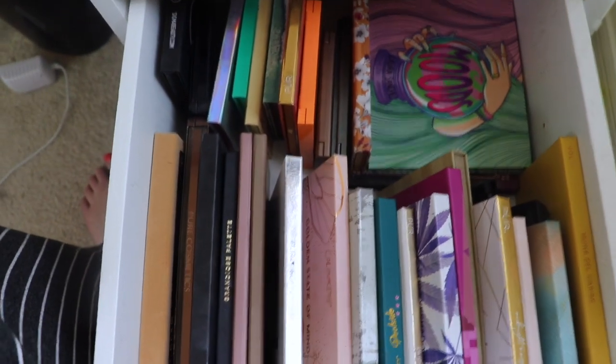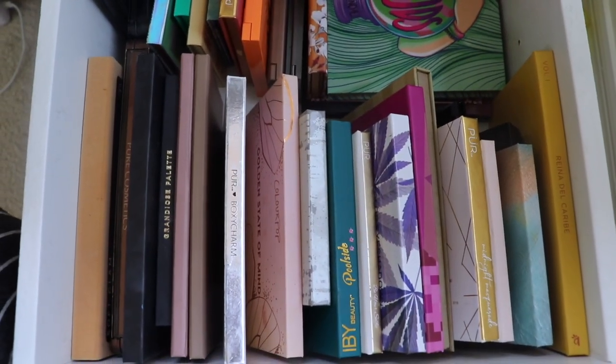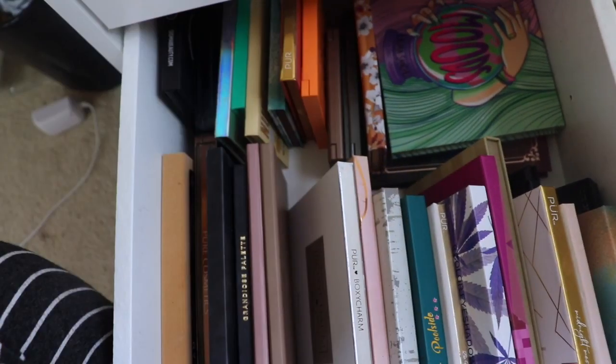So this drawer is still not organized at all. What should I choose? Let's just go with this Alamar Cosmetics palette we got in a BoxyCharm. This is pretty and bright for the end of summer. Choose that, and then